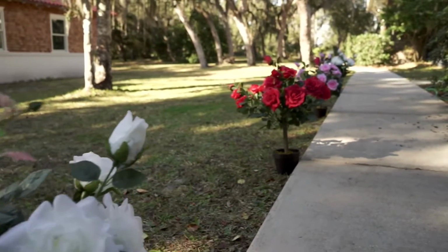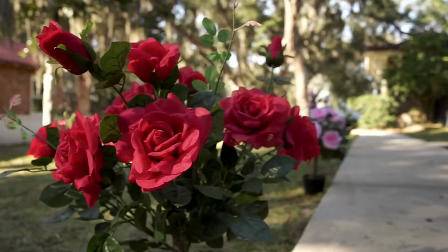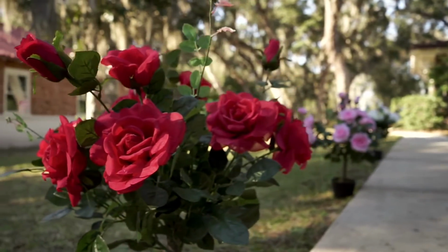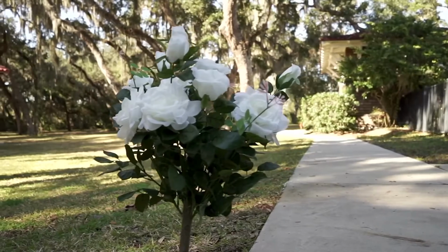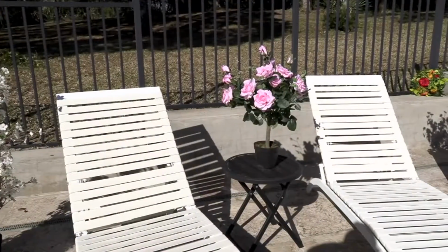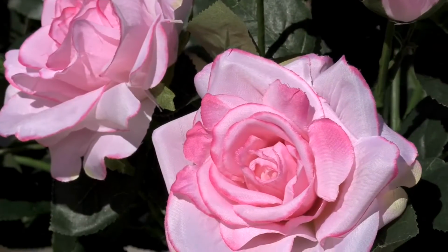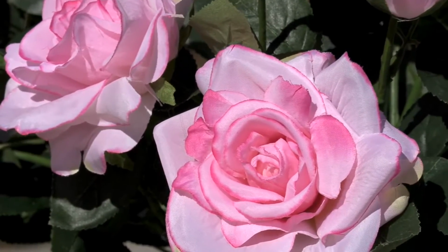Listen, I love fresh flowers and growing all kinds of things, but it's also nice to have something that will always look good with no care and doesn't care where you put it. Look at that around a pool. How beautiful is that? Or on your deck if you want to. And these aren't huge. Yesterday I had some faux roses for you and a different kind of opportunity, but isn't this